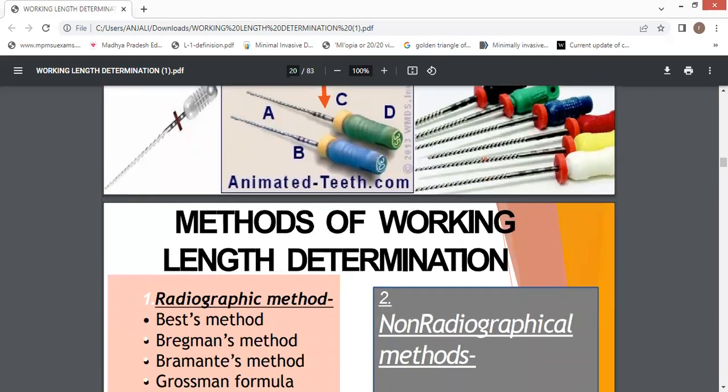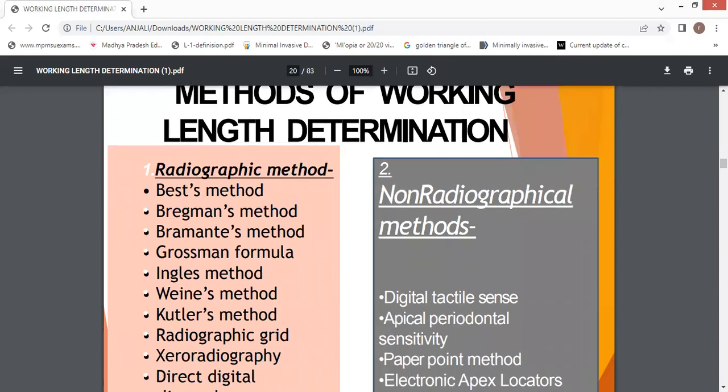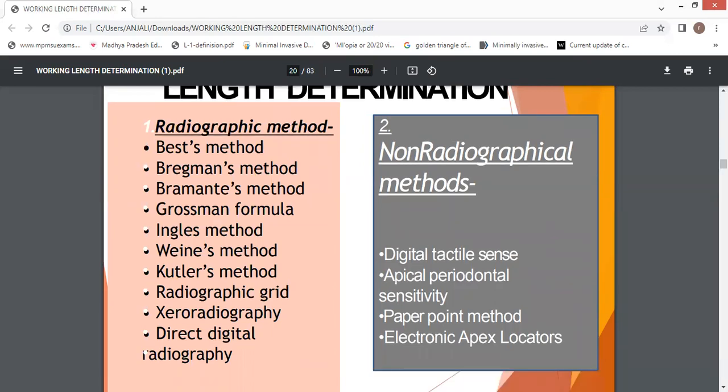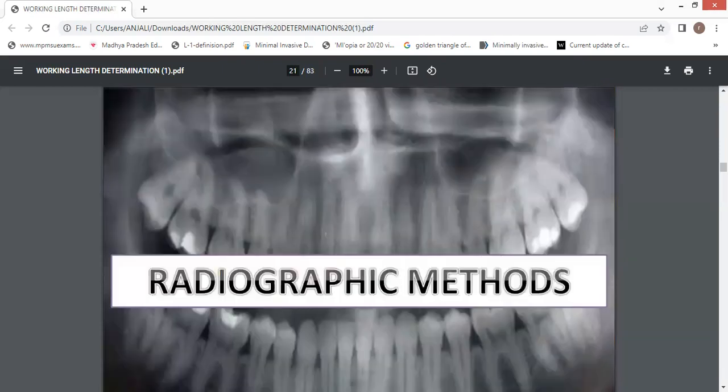Methods of working length determination. Radiographic methods: Best method, Bregman's method, Grossman formula, English method, Wien's method, Cutler's method, radiographic grid, zero radiography, direct digital radiography. Non-radiographic methods: digital tactile sense, apical periodontal sensitivity, paper point method, electronic apex locator. So first we talk about